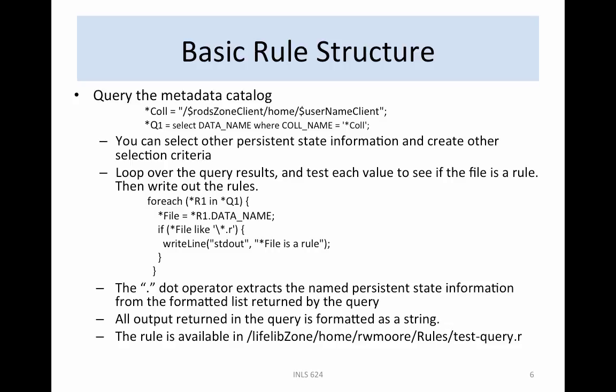standard implementations. A rule that lists all of the files that you own creates a workflow variable that stores your home collection. *Coll = /$rodsZoneClient/home/$userNameClient. A query is then constructed by selecting the persistent state variables that you want to have returned, such as file